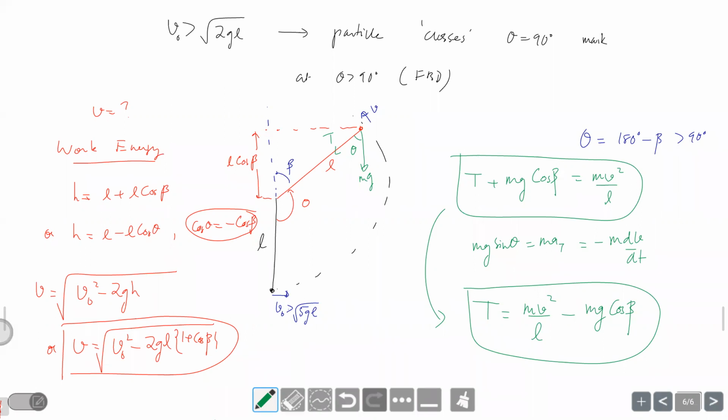So for the condition to complete vertical circular motion, I want that T should not be zero ever. So which is the critical point? At the highest point. So I should check the condition that T is non-zero at the point where beta is zero, or theta is 180. So that will give me a limiting condition. There, if my tension is greater than zero, then I've guaranteed that from 0 to 180 everywhere there is tension, because from 0 to 90 tension is decreasing, and now we can see 90 to 180 also tension is decreasing. So minimum tension, if it's completing, is at the highest point. Therefore, if I can find the condition for how much speed I should give so that tension at the highest point is there, then that guarantees that there will be tension throughout.